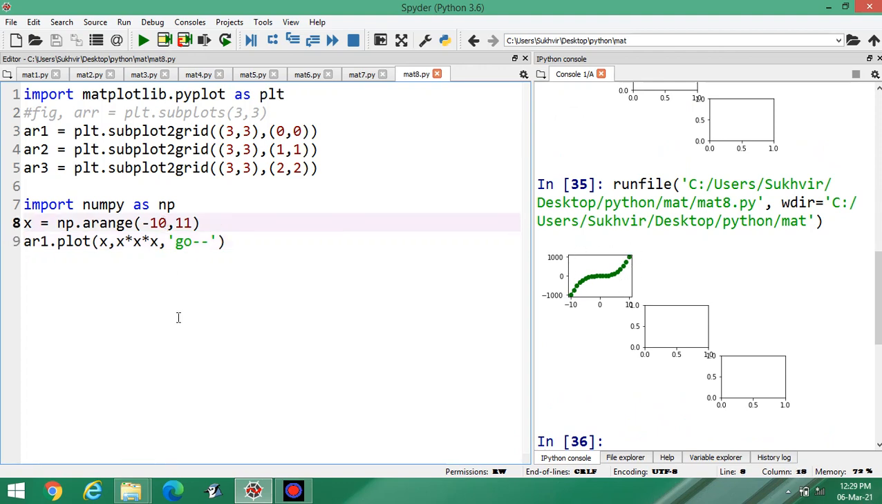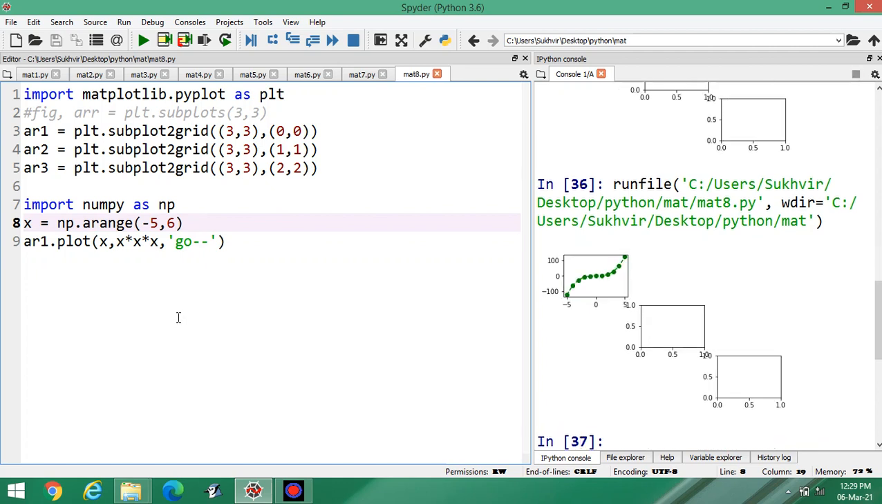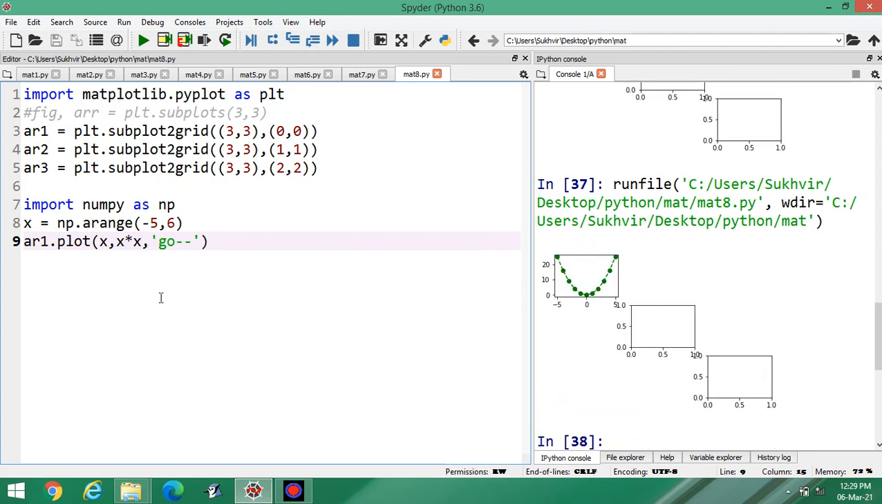If I am writing -5 to 6, you can print some lesser values. If I am writing x square, you can print the graph accordingly. This one is an upward parabola,